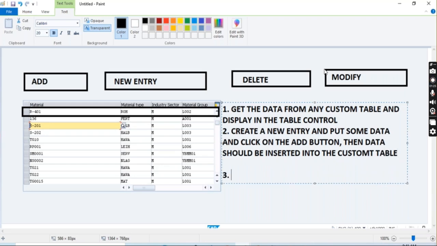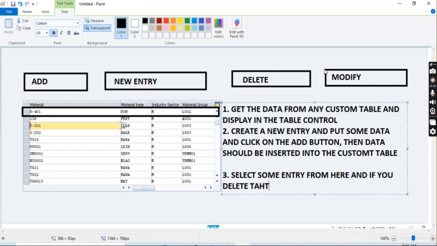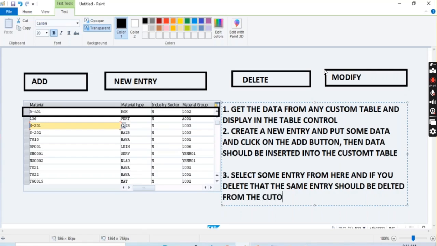The third point, if you select some entry from here, and if you delete that, the same entry should be deleted from the custom table. Okay, similarly,